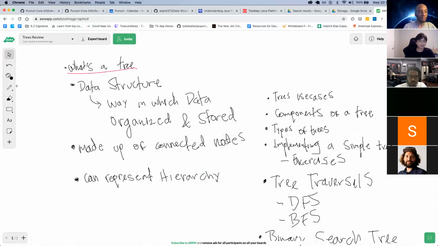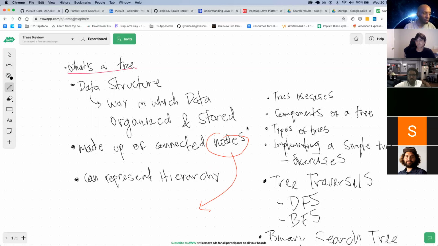How about, maybe Savita, tell me something about these nodes. What do you know about these nodes? Well, the structure of a tree, it has a root, which is the head node.